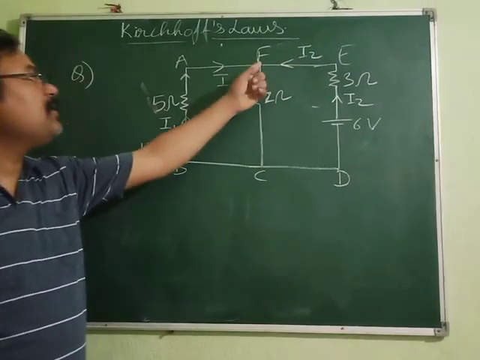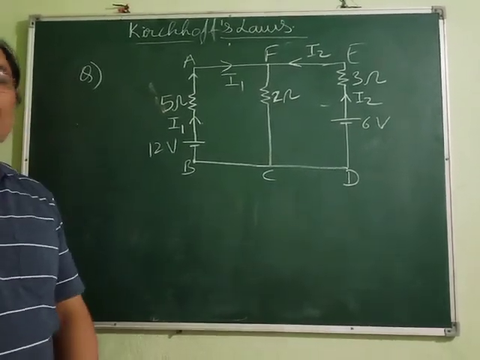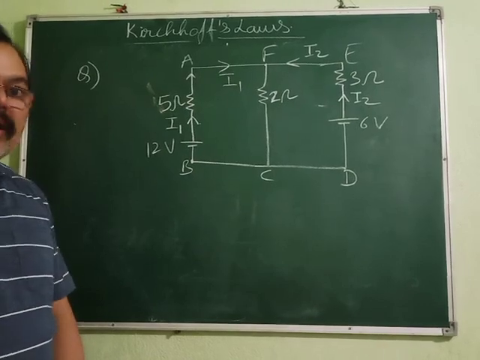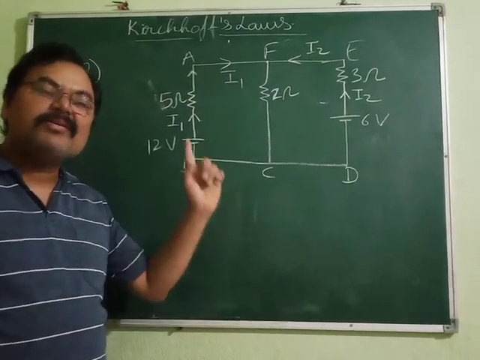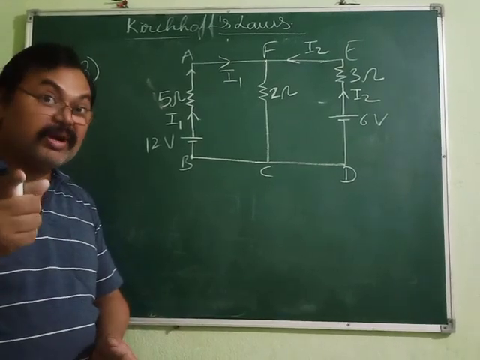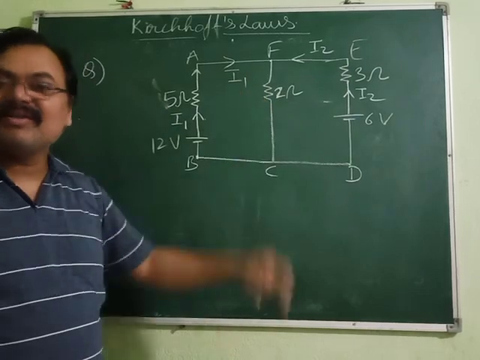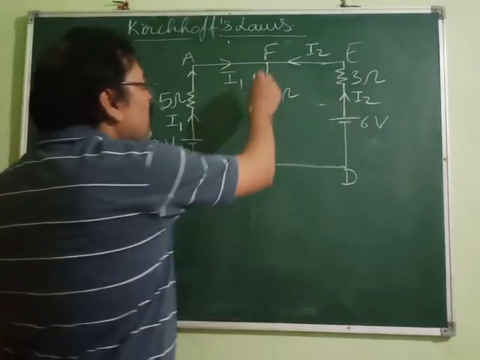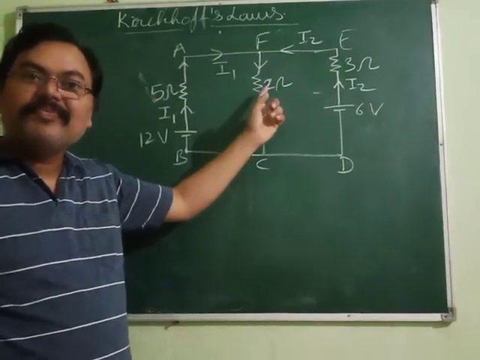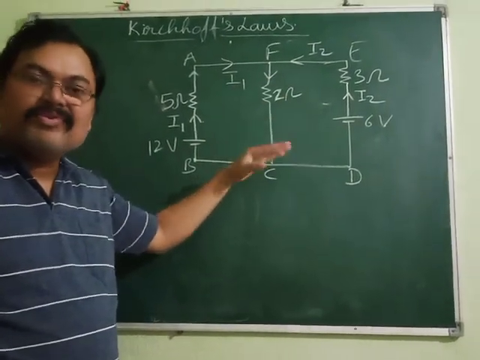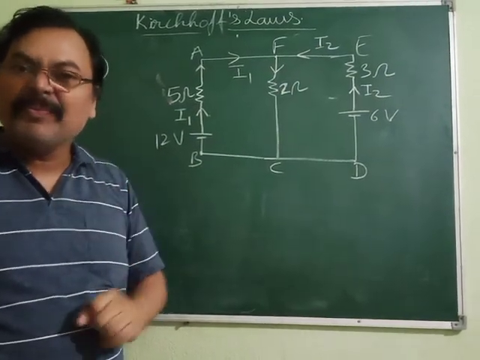Now, when both the currents reach here, what is the total current at the junction? I1 plus I2. Now, according to the junction rule, what do you think? That current will stay over there? Not at all. So current leaving the junction is equal to current reaching over there. Suppose you write here I3, then I3 will be equal to how much? I3 is the current leaving. So I3 equals I1 plus I2, according to the junction rule.